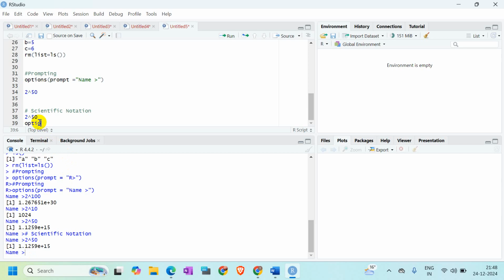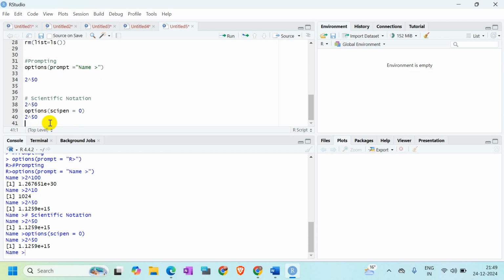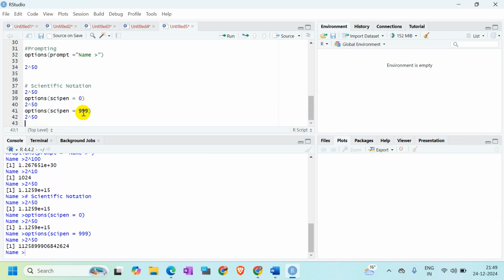How can I change it? I will use the options. There is a very good command, options, like here you see the options and you change the prompt. Similarly, now I wanted to change the scientific notation part, so I will use a command called scipen. The scipen command basically helps you get the values without any scientific notation. It takes two types of values. First is 0, and in that way if I use 2 to the power 50, see here, this is coming in scientific notation. But if I change this value to 999 and run this code again,